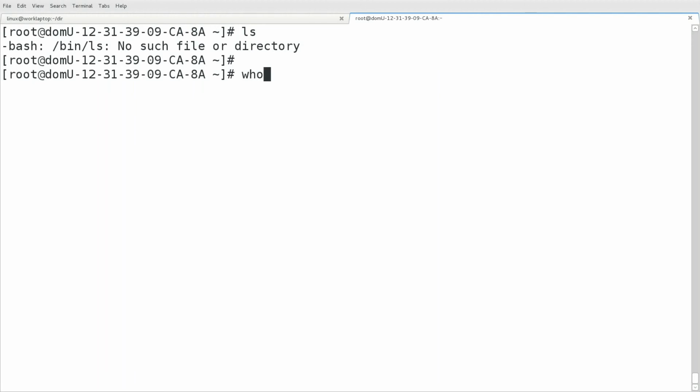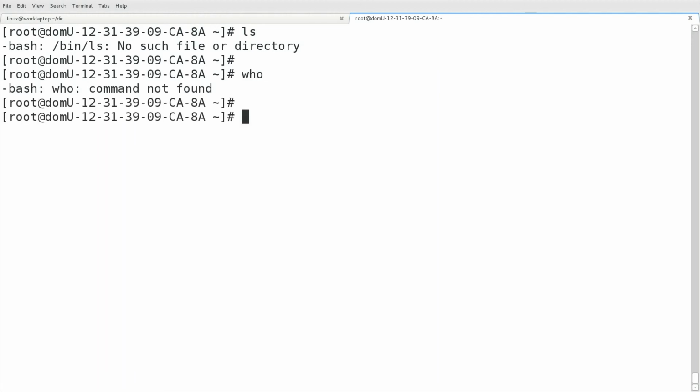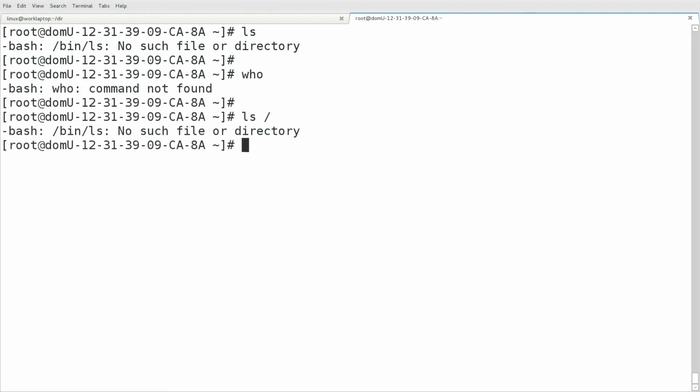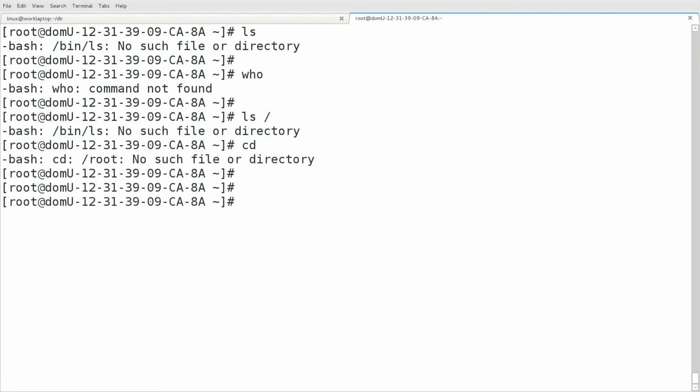ls is not available under the bin directory because the bin directory itself is gone. So again, we do not recommend that you do this to any system unless you have complete control over it. Maybe in our case, we used a virtual machine. If you would like to do that, it is OMG if you accidentally do this to